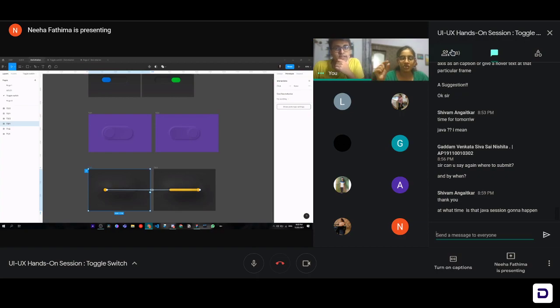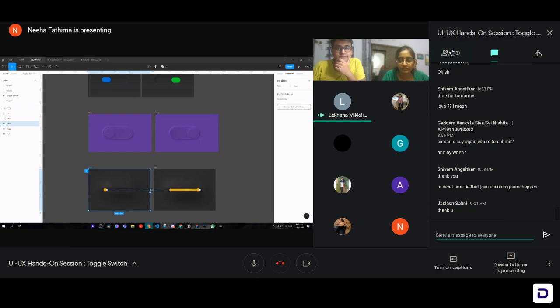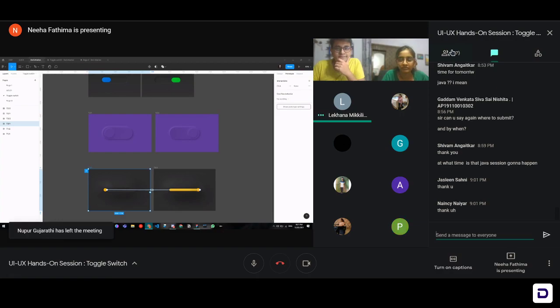No, she's talking about the logo, the brand logo. I think she's talking about the little gradient effect over there. Yeah, we can definitely have a session on that, on liquid gradients. Those are also in trend right now. I just learned it once while Trihan sir was telling me, I guess it was in the front end web development course, but I forgot it now. It's okay, we'll have one.